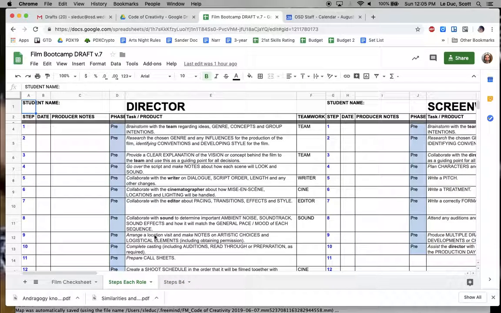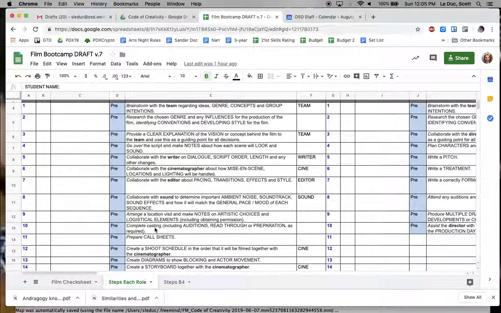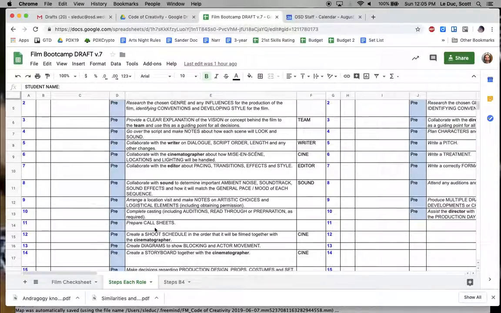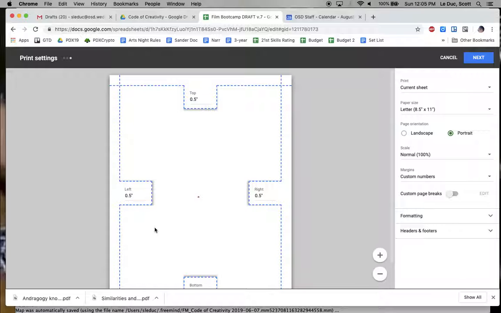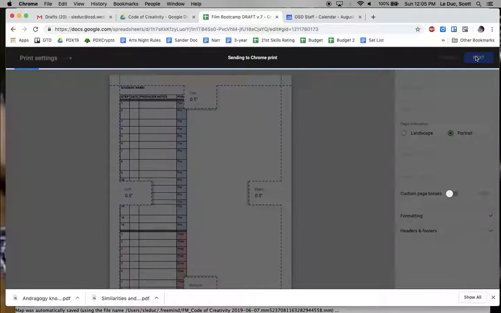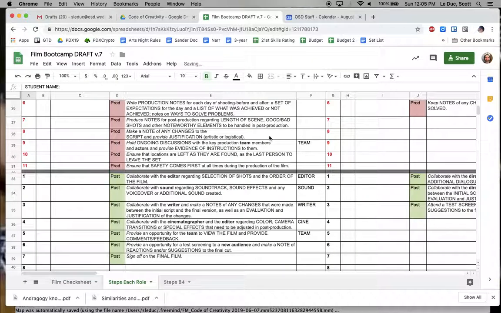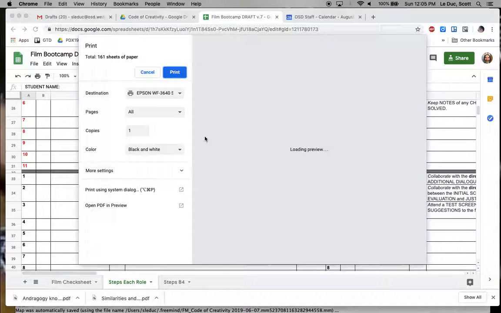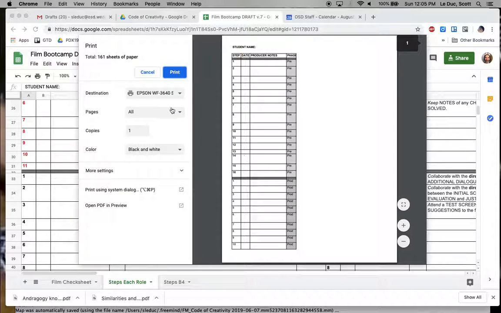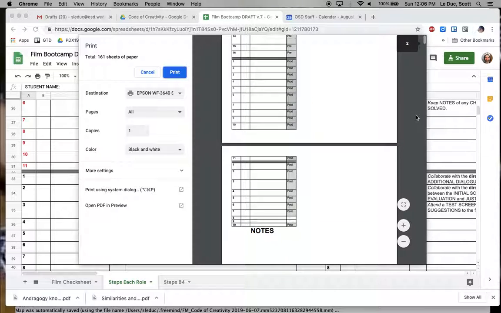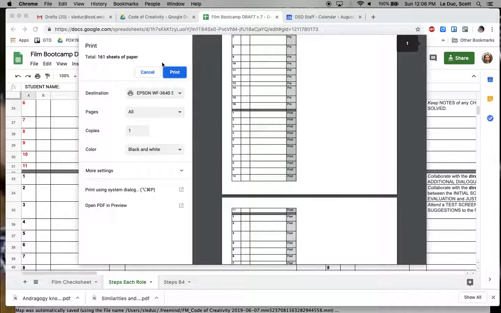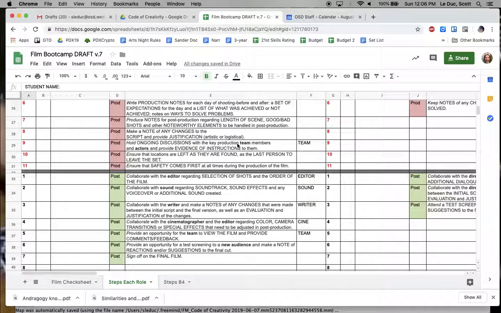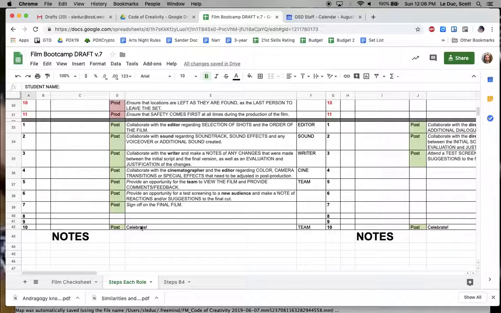I upgraded it to bring in the IB material that needs to be a part of it. And again, these can be printed as single pages. So what happens is when I go into this mode and click here, it's going to show me, possibly here, I'll wait for this to load. It has to be formatted properly. You can see it's not actually doing what it's supposed to, but I can get 1 page for the director, 1 page for the cinematographer, etc. And then they would have that as a checklist.